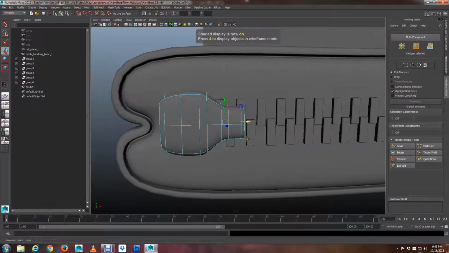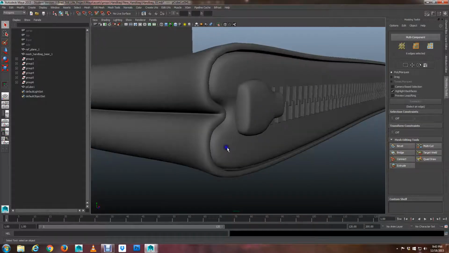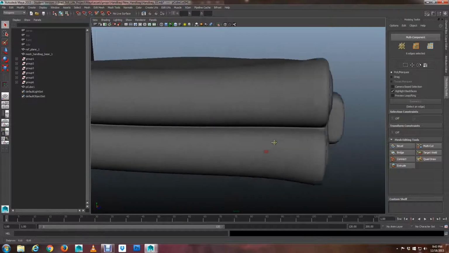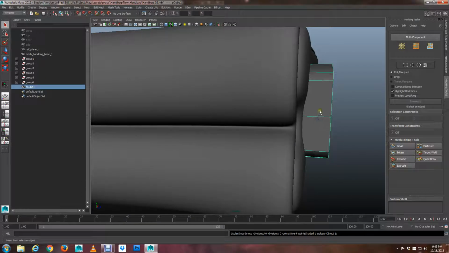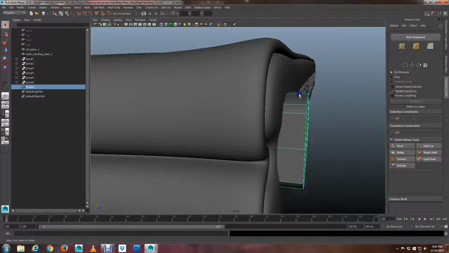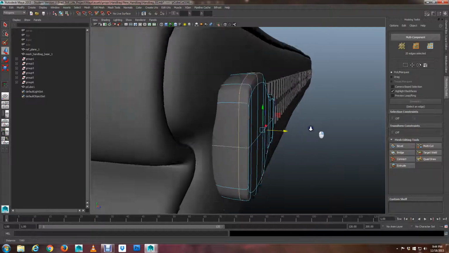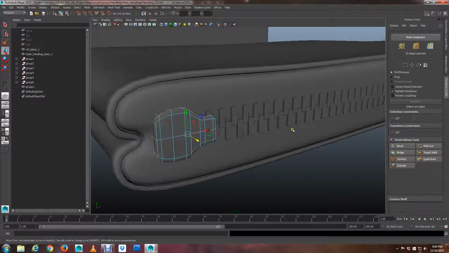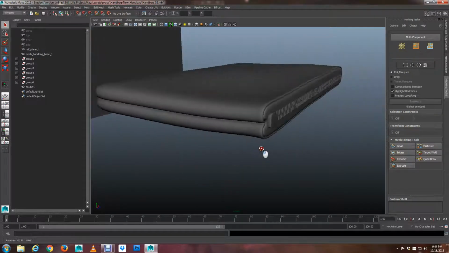Okay. So now what I'm getting is this sort of mechanical piece here. Okay. And it looks weird when it's rounded like this on the side. I want it to be flattened. So the way I'm going to flatten this out and crisp up this top edge is I'm going to grab this and split it and move this closer to the top. And that's pretty much going to do it. And I'll hit save. Okay, beautiful. So there's my zipper